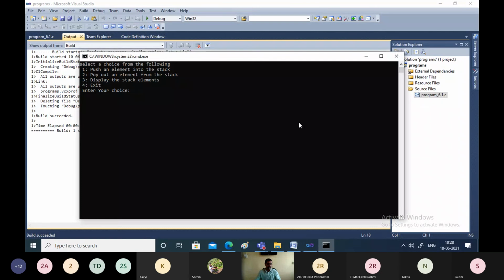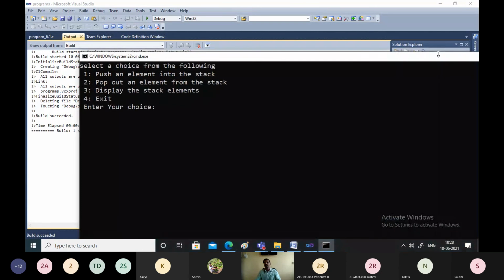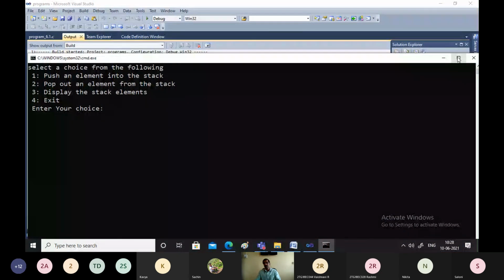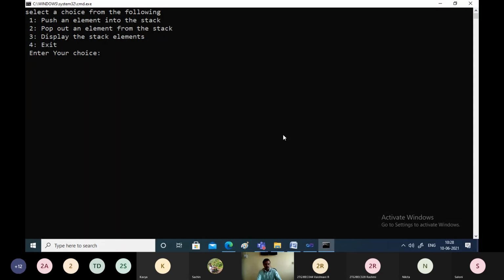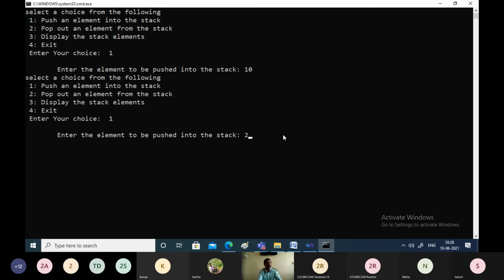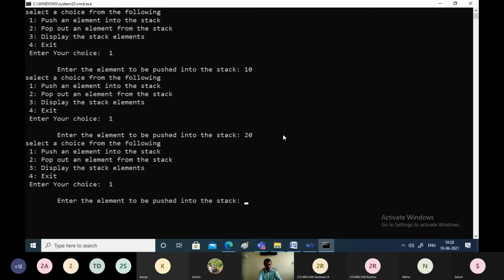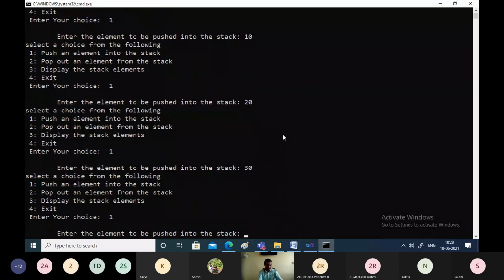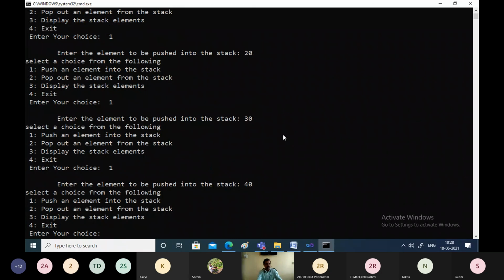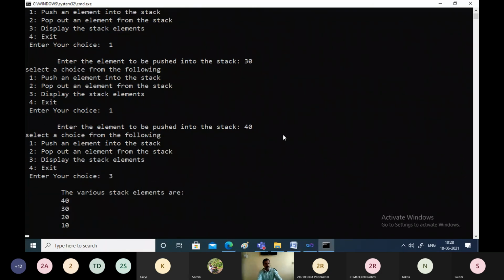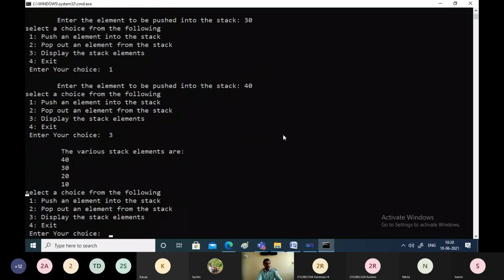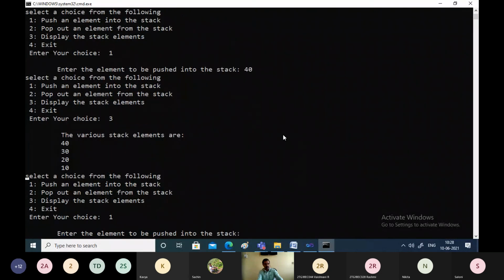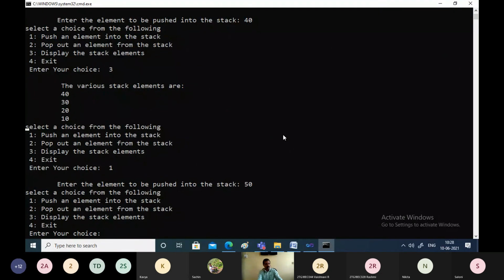I have to demonstrate the pop operation. Okay, 1 push, insert 10, 1, insert 20, 1, insert 30, 1, insert 40. Okay, so let us display, 3. 40, 30, 20, 10. So insert 1, 50.